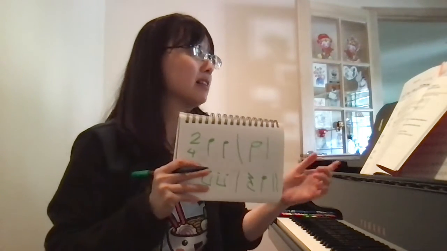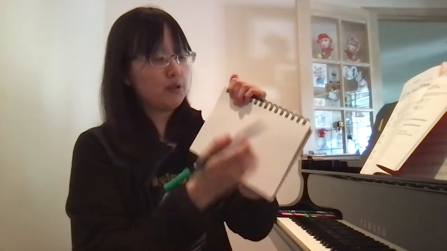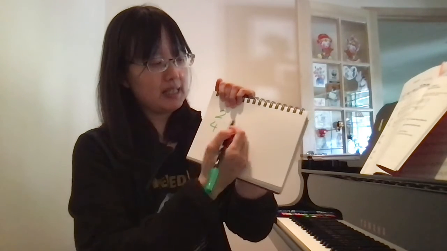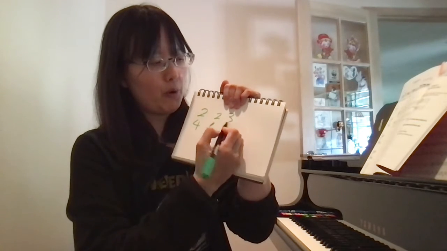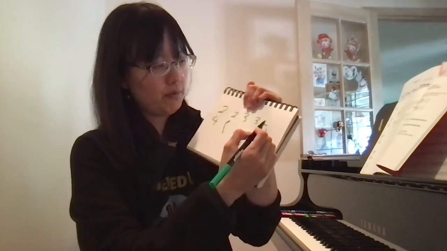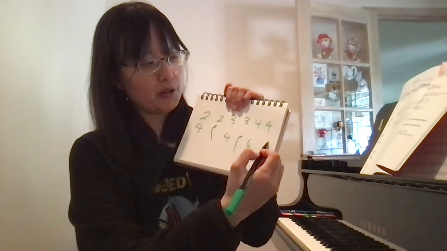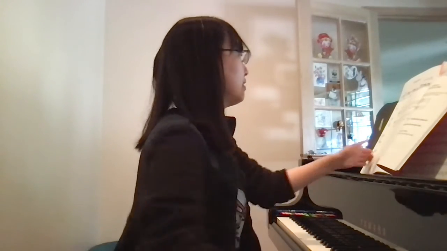In this particular lesson, they talk about 2, 4, 3, 4, 4, 4. So 2, 4 basically means there are 2 quarter notes per measure. 3, 4 means there are 3 quarter notes per measure. 4, 4 means there are 4 quarter notes per measure. These 3 time signatures sound different. They don't all sound the same. So 2, 4,